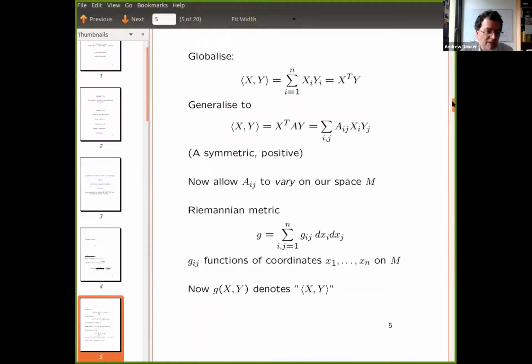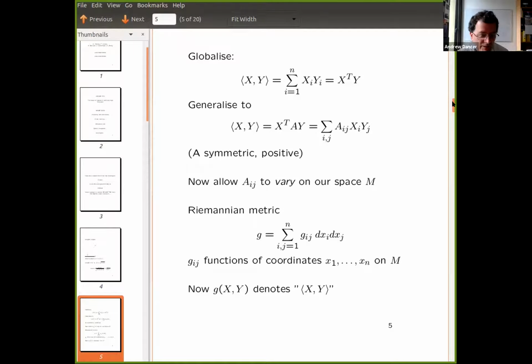So what can we do to generalize that discussion? Well, first of all, the classical Euclidean inner product would be given by that formula. In matrix language, we could think of the inner product of x and y as x transpose y. That would generalize: we could replace that by x transpose A y, written in index notation like that, where A is a general symmetric matrix, but also, of course, required to be positive definite, so that the inner product of x with x is always greater than or equal to 0 and equals 0 only if x is 0.